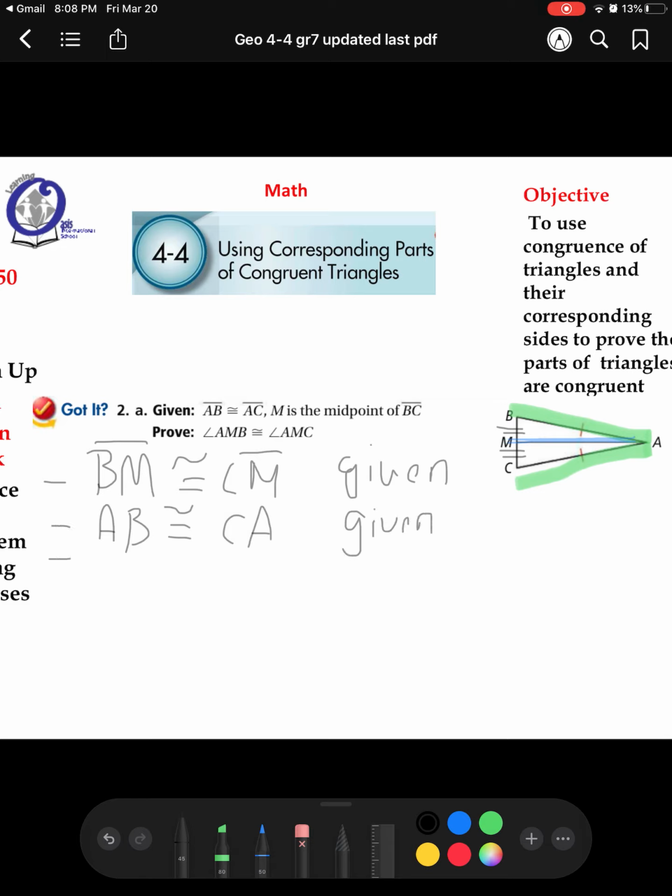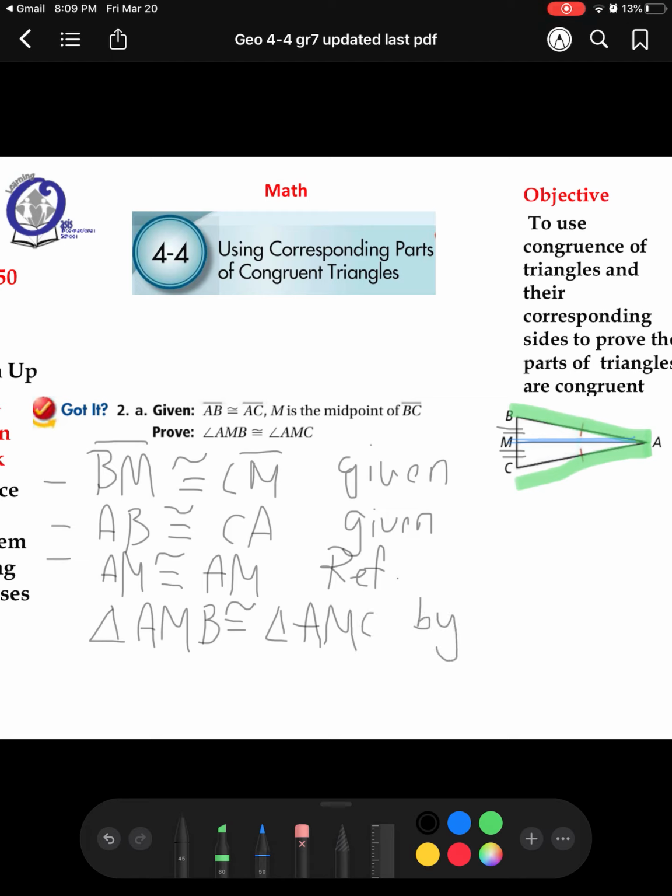The third point, I would say that AM is congruent to AM using the reflexive property. As a result, I say triangle AMB is congruent to triangle AMC